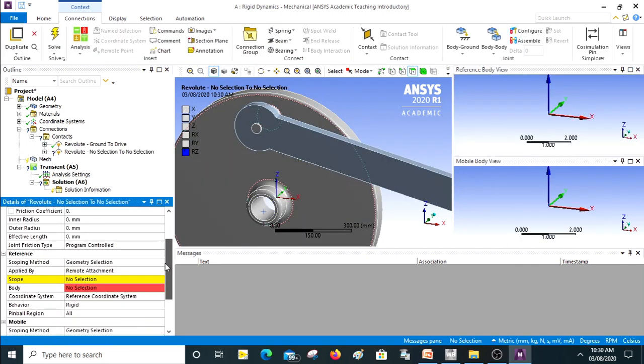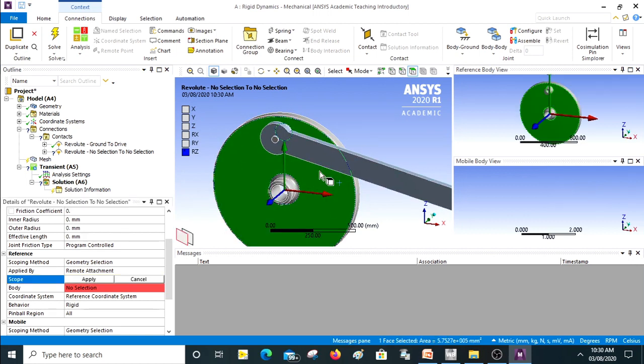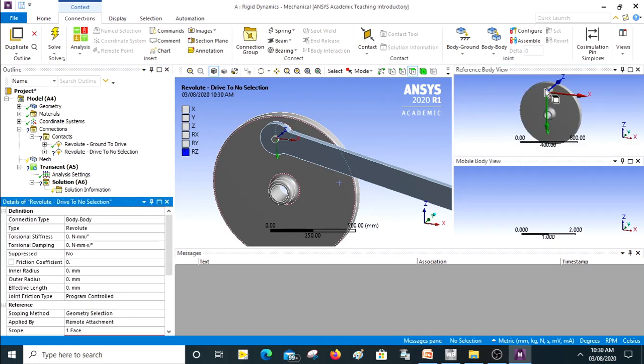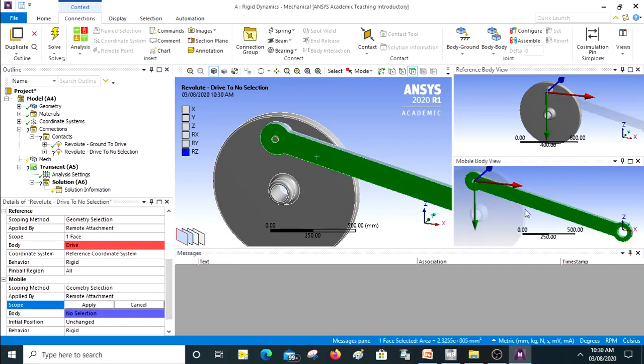Okay, now what is the reference body? We have to be very clear with that. Reference body and mobile body. So let me just select this, and I will just select this region, that is a drive unit. Now here the joint is existing between these two regions, so it is this pin. So as soon as I select the pin, you can see the coordinate system is getting allocated over there. So just select apply. Here also you have the z axis over here, and under the mobile body my surface will be this, but it won't be this surface.